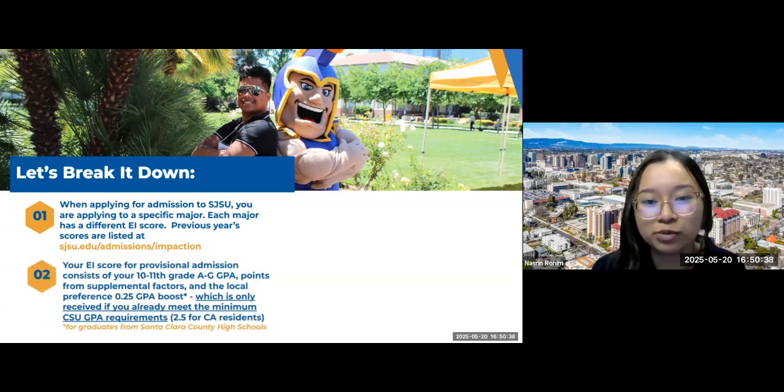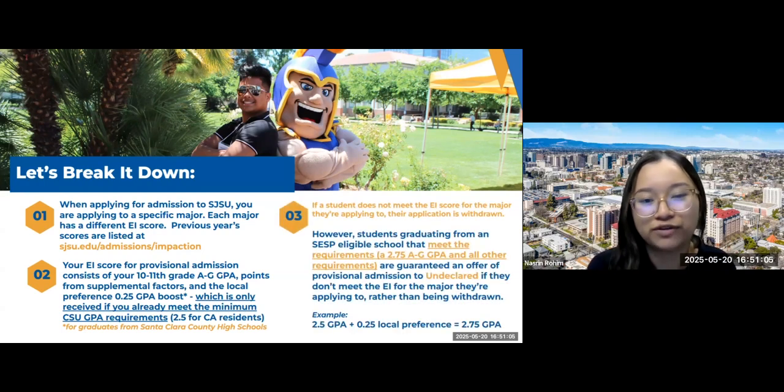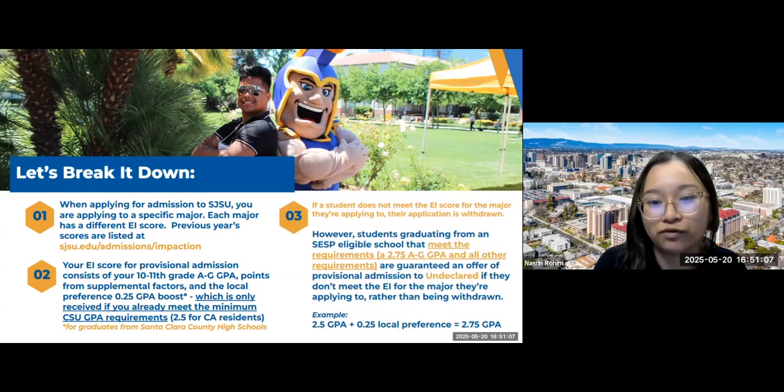Your EI score for provisional admission consists of your 10th through 11th grade A through G GPA, which also gets points from the supplemental factors and that local preference. If you're coming from a Santa Clara County high school, there is a 0.25 GPA boost. This is only received if you meet the minimum GPA requirement, which is a 2.5 GPA for California residents. So if a student does not meet the EI score for the major they're applying to, the application